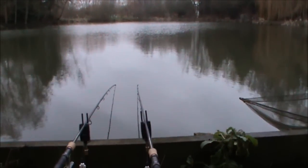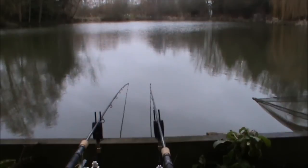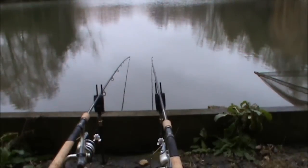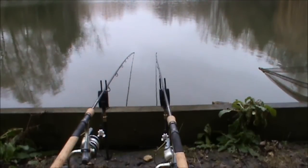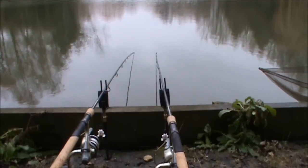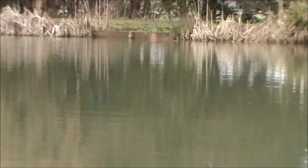Right then guys, just going to give you a little tour of my swim. As you've just seen, I'm in peg 5, which is one of the corner pegs on the far end of the lake as you come into Chad Lakes. Peg 5 along with peg 8 are two of the least favoured swims on the lake. The reason being, if you've got a full complement of anglers on the whole lake and every swim's taken, being on peg 5 like I am, you're hemmed in by peg 4 there,